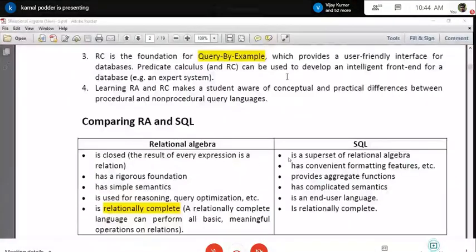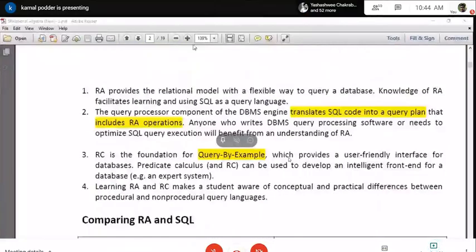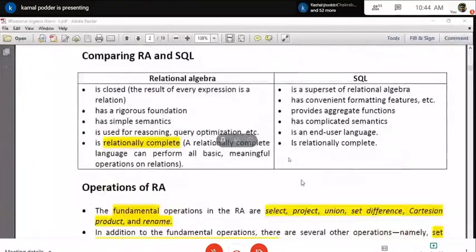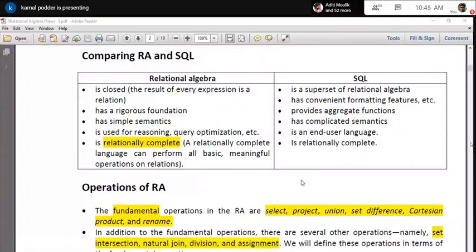Okay, actually that part is okay. I think that part is a very introductory part. You can just go through the notes, then you will be able to understand. Let's compare relational algebra and SQL. When you compare, you will be able to understand why you need it. Because if you really want to know anything, before that you should raise the question: why should I know this thing? Then you will find more interest in the subject.